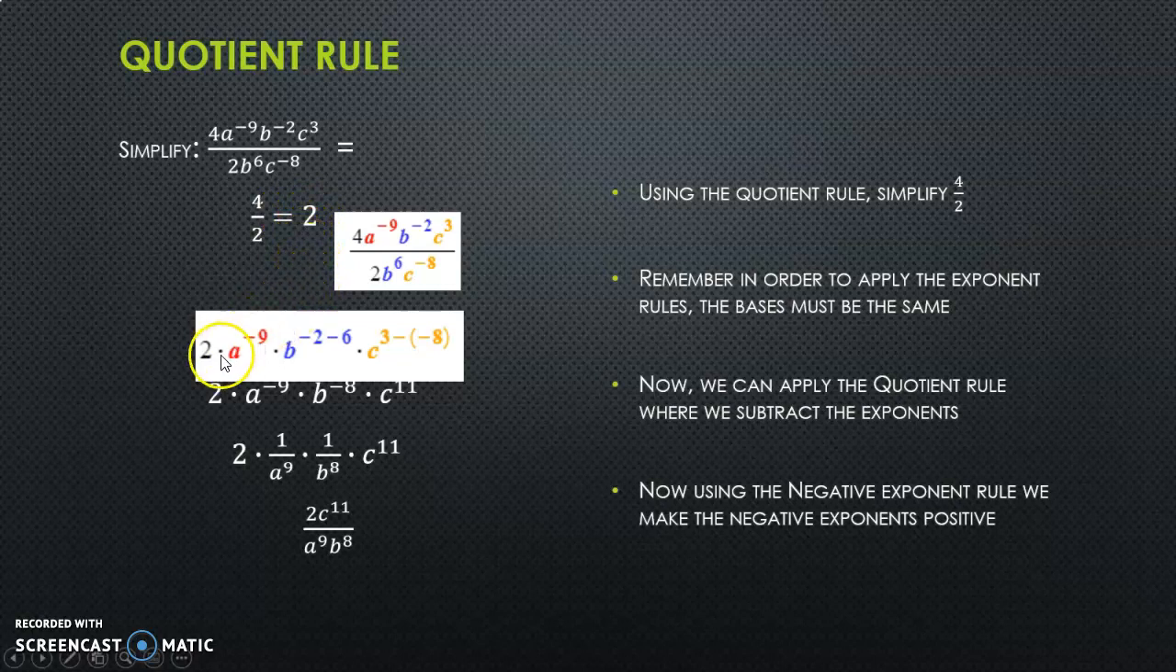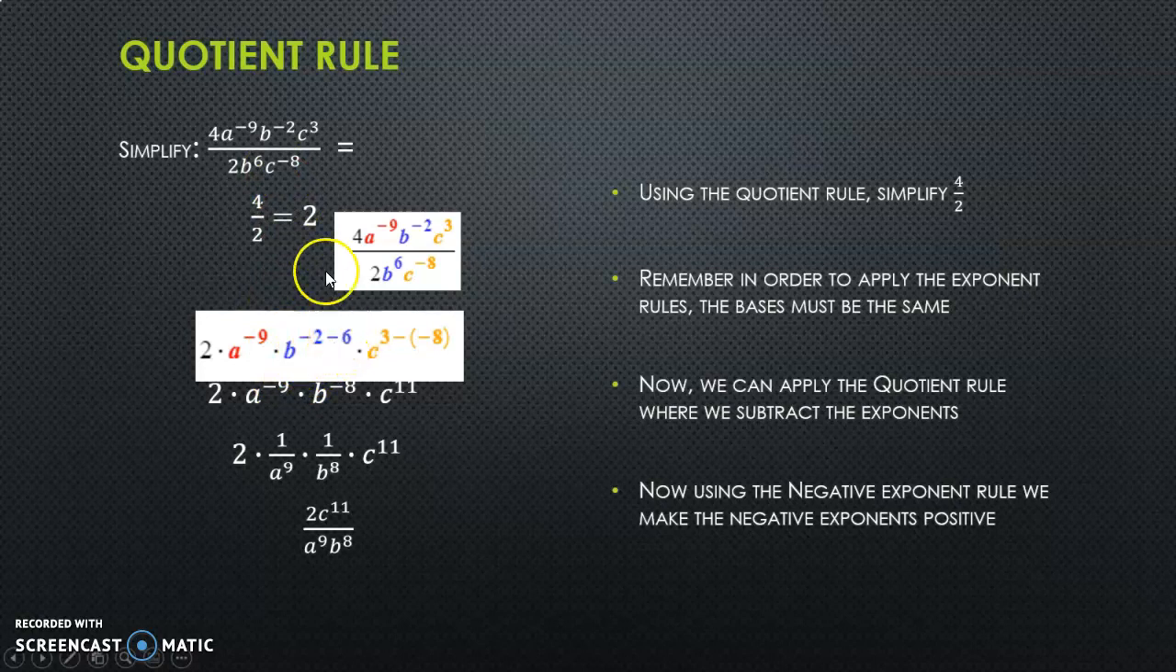From there, we look to make sure our bases are the same. So we have an a raised to the negative ninth power in the numerator. There's no a in the denominator, so we just keep a to the negative ninth. Then we have a b to the negative 2 power in the numerator and a b to the 6th power in the denominator. Remember, we have to subtract our exponents, so that will give us b to the negative 2